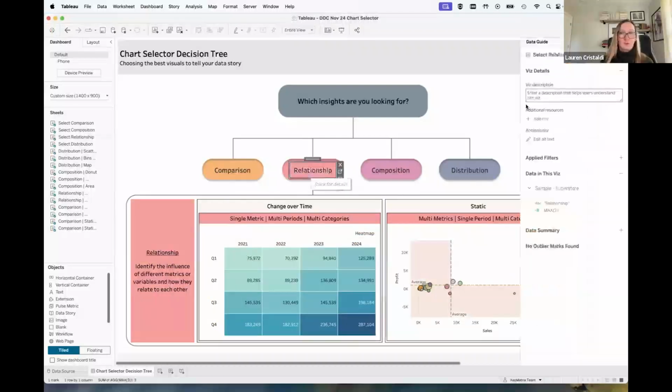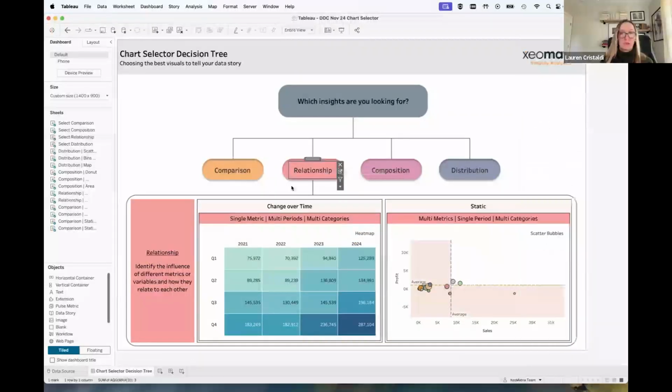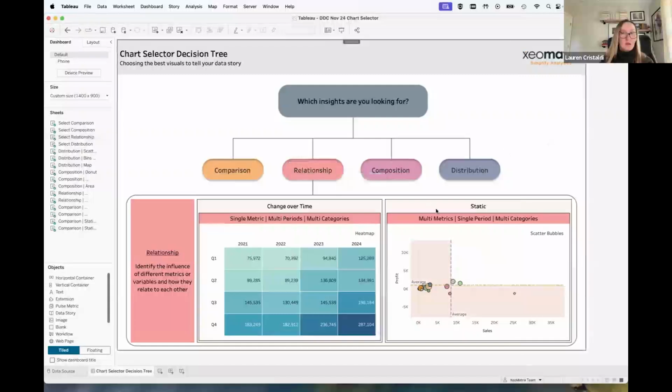Then relationship. In the case of over time, I want to see how this quarter at a high level compares to every other quarter for every other year. And on average, which quarter did the best, while still getting to see those values for that quarter?